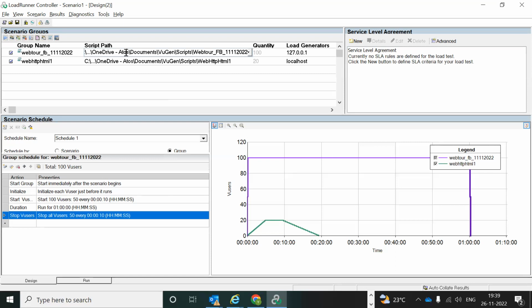Is it clear, everyone? Good. So this is the story of this design part. Each and every point will be asked in interviews. What is schedule by scenario? What is schedule by group? What is the ramp up? What is the ramp down? And what is the steady state? Okay. And here we have,